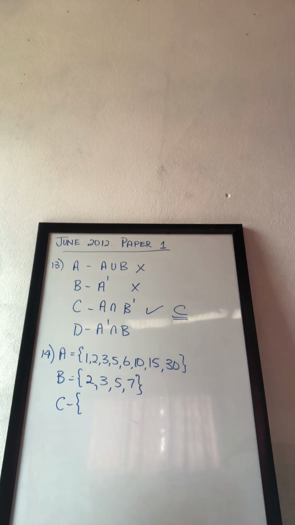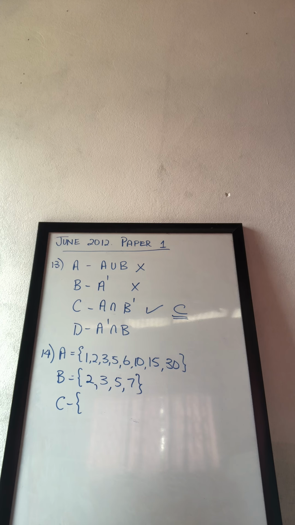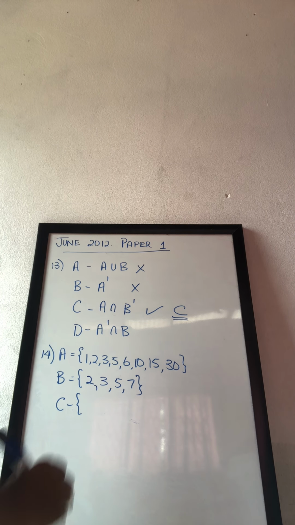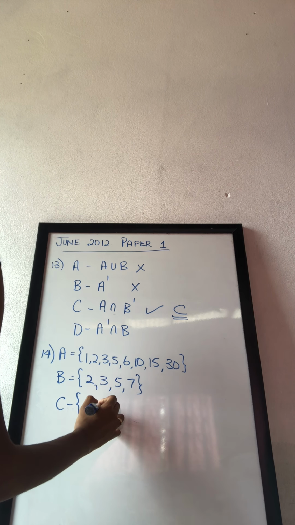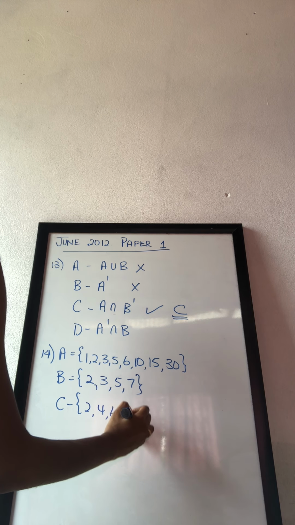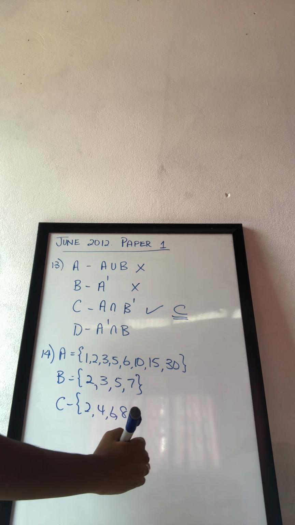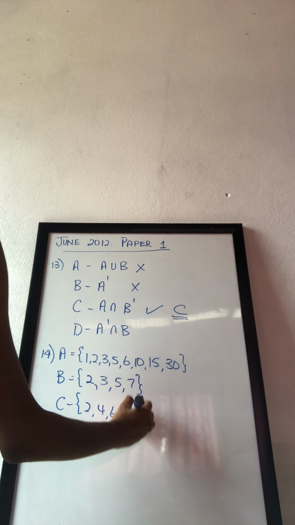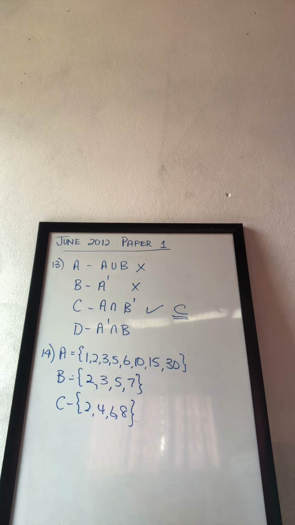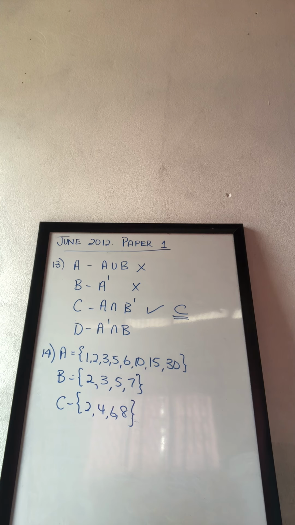C is even whole numbers less than 10. Alright, so let's not start with 0. So we have 2, 4, 6, 8, and I think they said less than 10. Yeah, so we don't include 10. So the number of elements in A intersect B intersect C, that is the elements in A